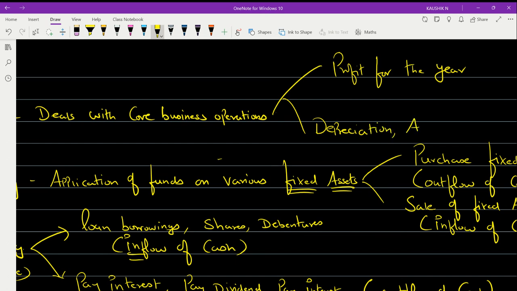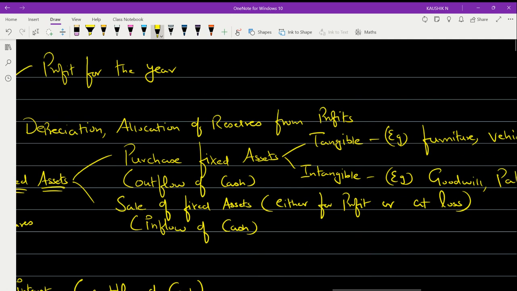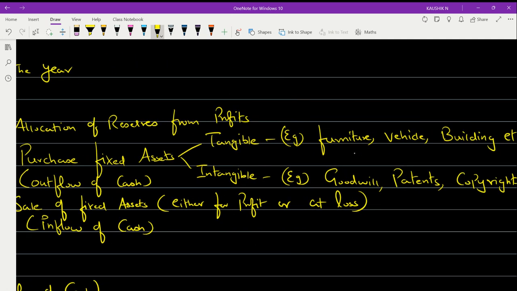depreciation or allocation of reserves, allocation of reserves from profits in the form of general reserve or any other specific reserves. So when it's the allocation of reserves from profits, it could be either a general reserve, or it could be a specific reserve,